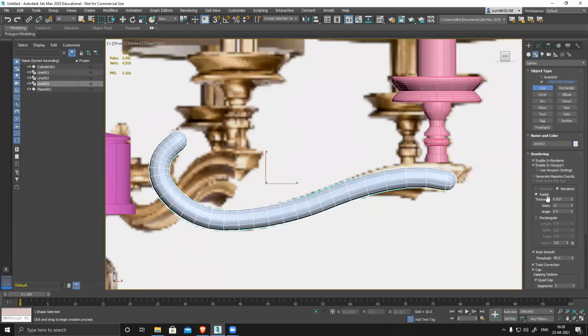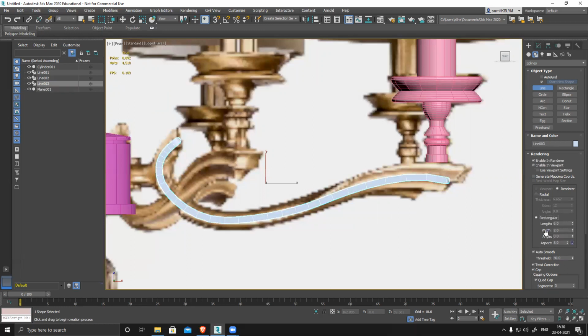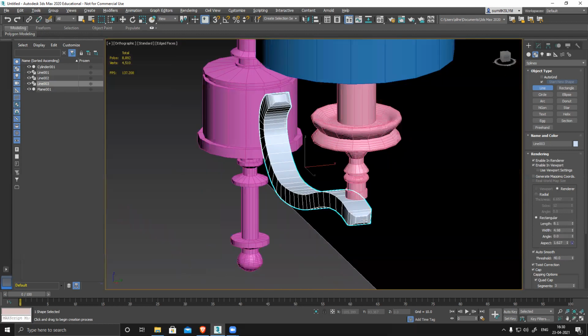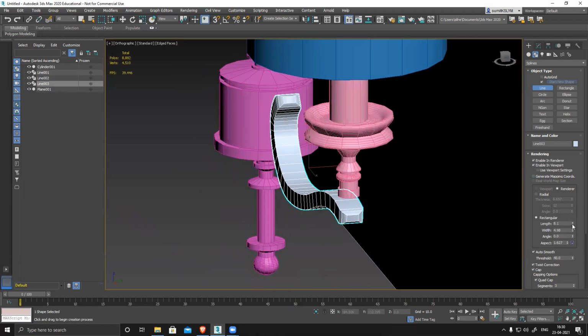So click on this time radial, change it to rectangular shape. Then length you can increase and decrease, width you can increase, decrease. You can see length and width. So this length is like way too much, reduce it.